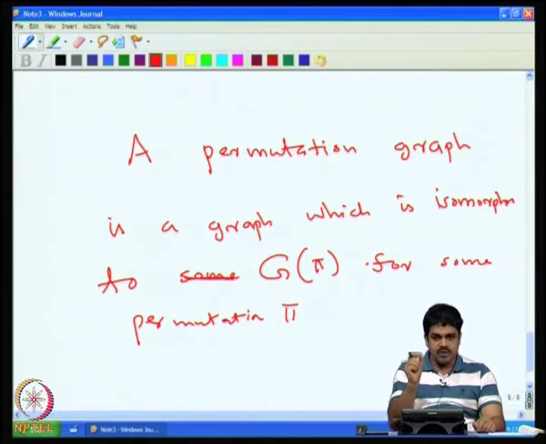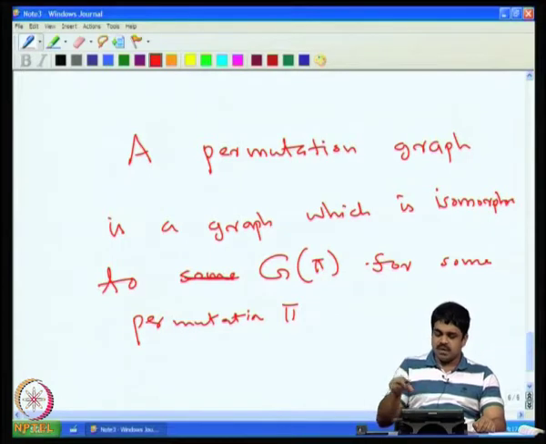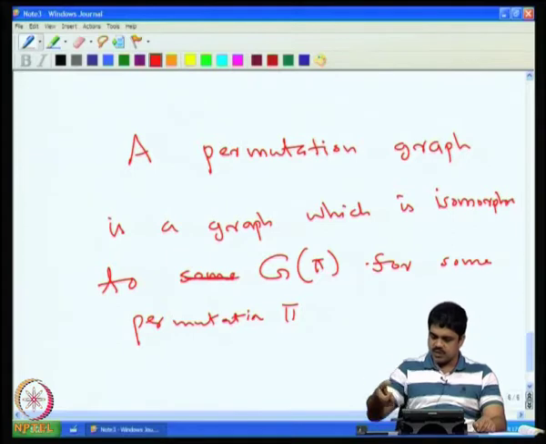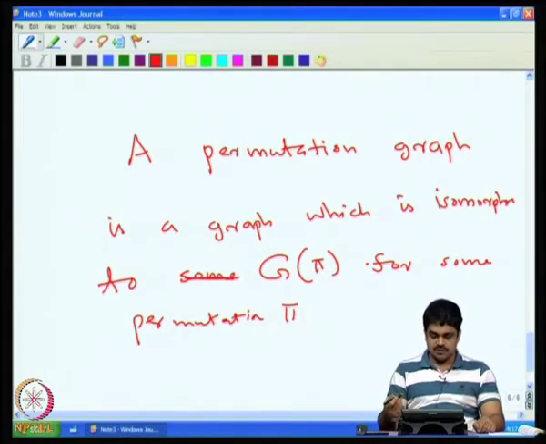and then show the numbering on the vertices of the graph. Say this is the numbering, and then consider this permutation and draw the graph corresponding to it. Then this graph should be exactly that graph. So from that sort, we are only saying that it is isomorphic to G of pi for some permutation pi,